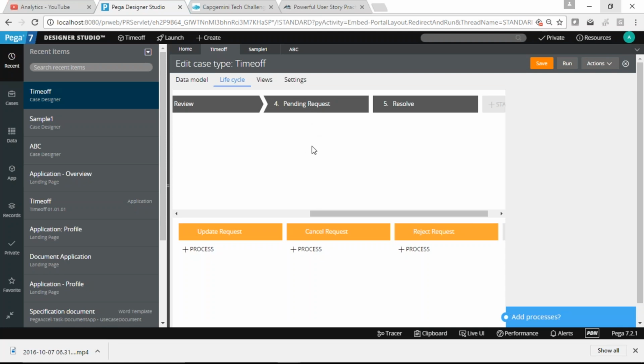I made it manual because when you want to do cancel or update, right, it's manual, so it will not have that arrow, it will be blocked. From review, it will move to the pending directly. From the pending, when it goes to the resolve, it requires a manual step. It is not going to happen automatically, because you don't know whether you have taken the leave or not.